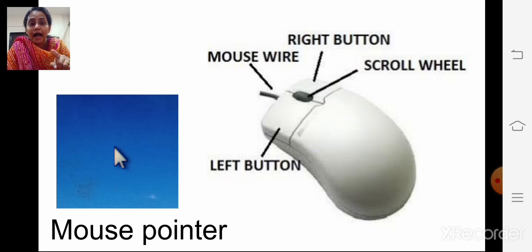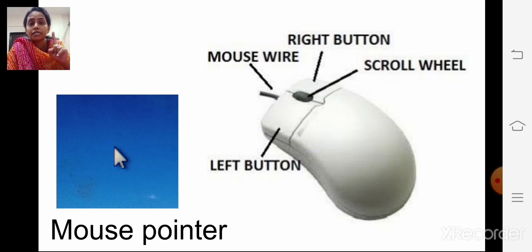Now see here. Can you see this arrow on blue screen? Arrow. What is it called? This arrow is called mouse pointer. Now look at the mouse. There are 3 buttons on it.